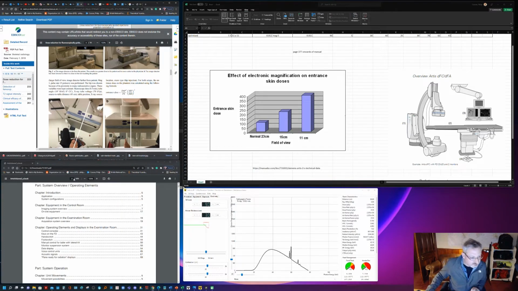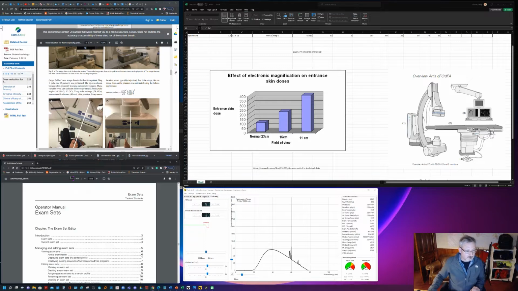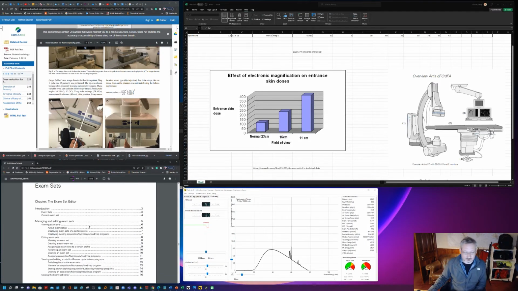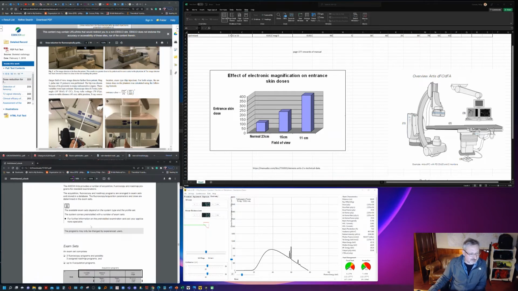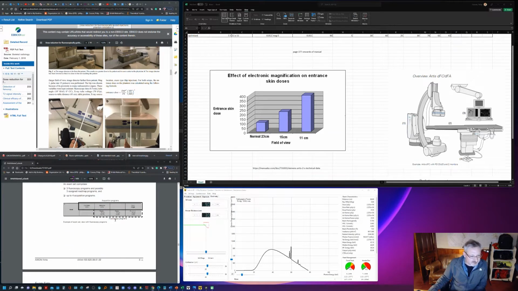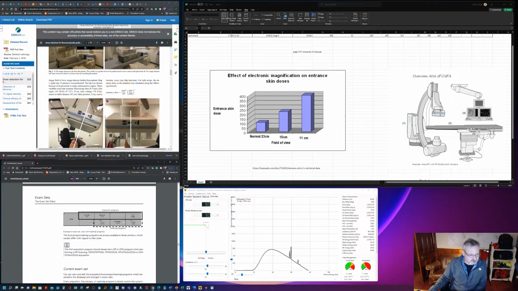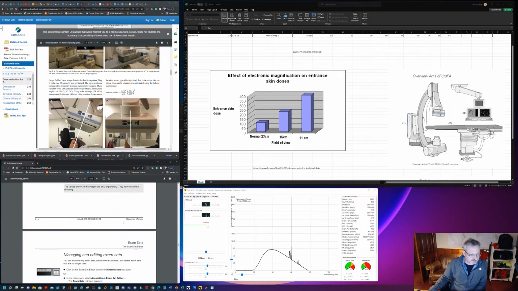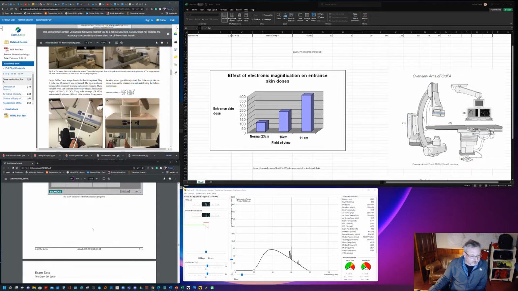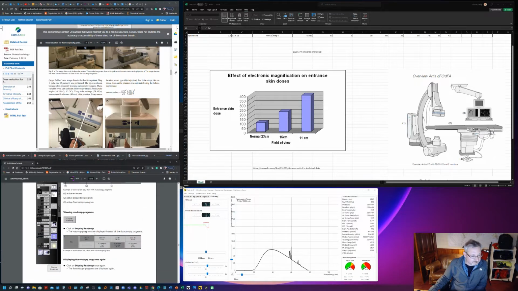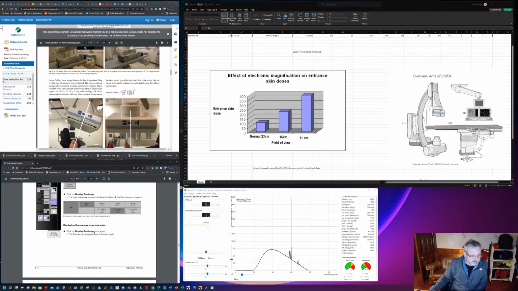If I go to page 377 of this manual, they always leave the best stuff at the end. Page 377 of the manual is where it tells us how to set the system up for different doses and dose rates and things. And in here you can see there's quite a lot of detail, but it doesn't really tell you